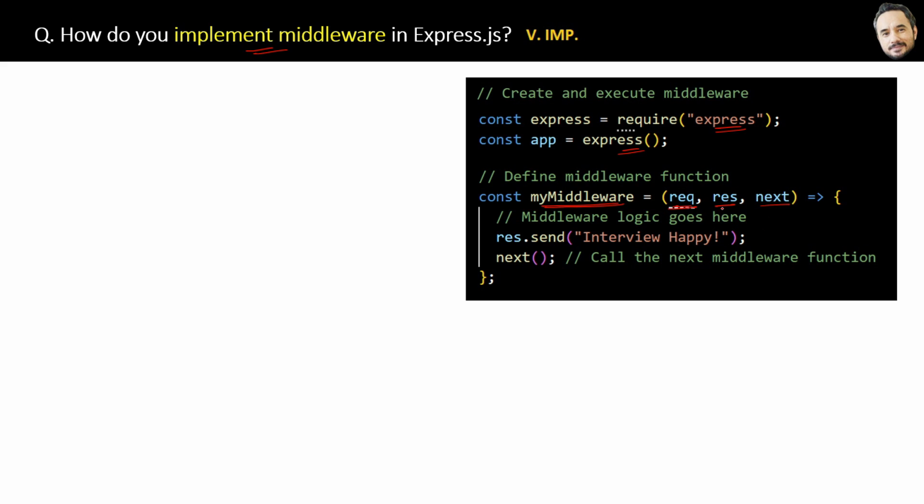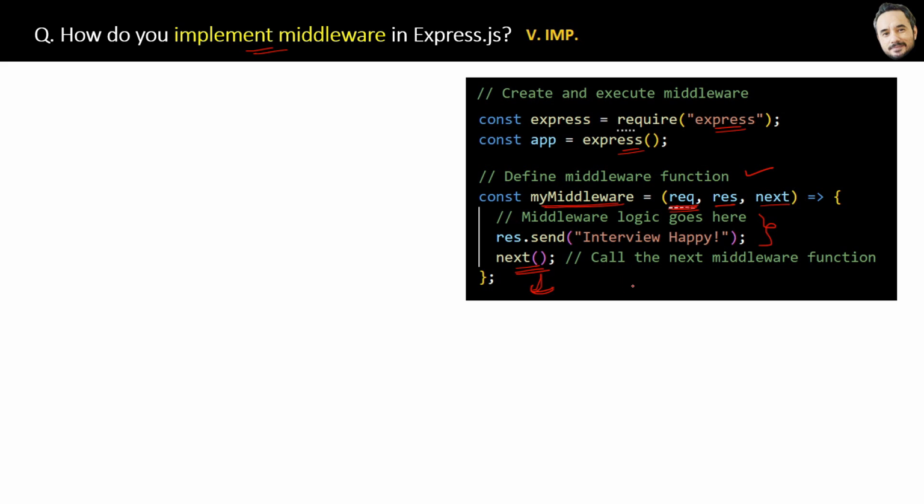So this means after receiving the request, the inside logic of the middleware will be executed, and then the next function that is received as the parameter will be called. Okay, now listen carefully. This next function is responsible for calling the next middleware function. Until now, we have just defined the middleware here, same as a function. But we have not yet called it, right?